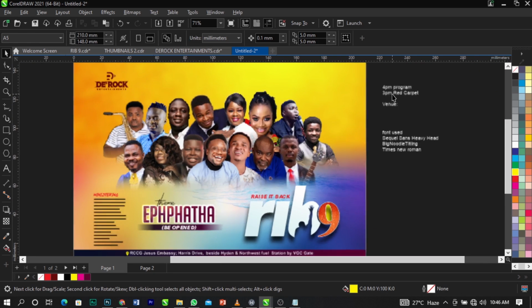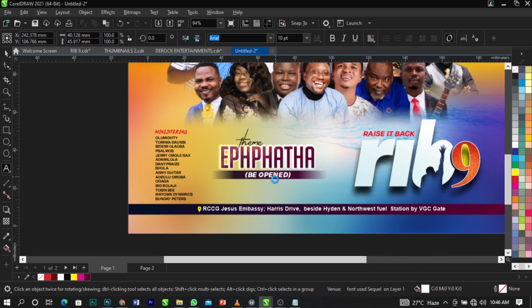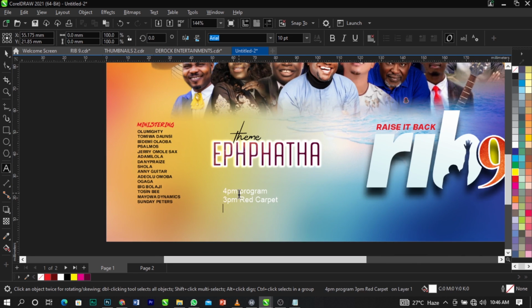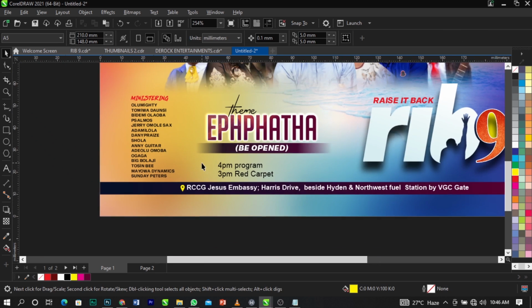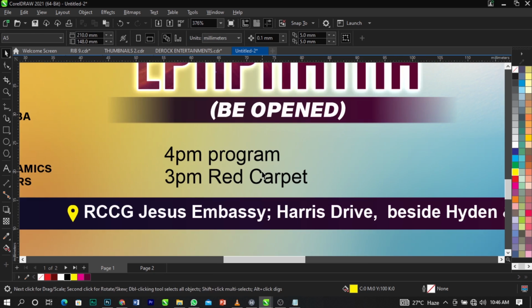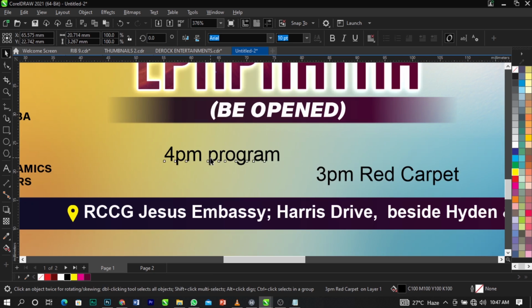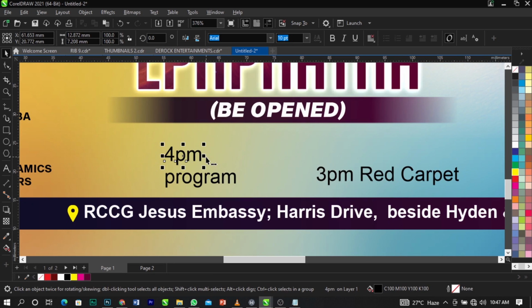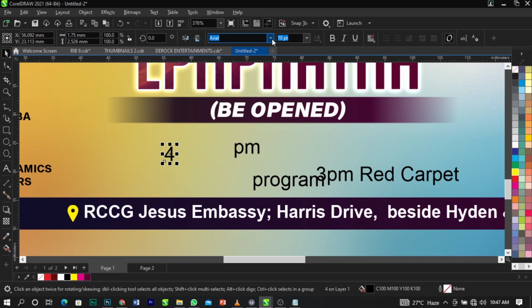So we're going to copy this, we're going to cut this out, Control X, and I'm going to place this one here. And what we're going to do is give it a black color. And once you do that, we're going to break this apart using Control K. So we're going to place this one here and break this apart, Control K, and we're going to cut this and paste it here. So what we're going to do now is select this and give it sequel,